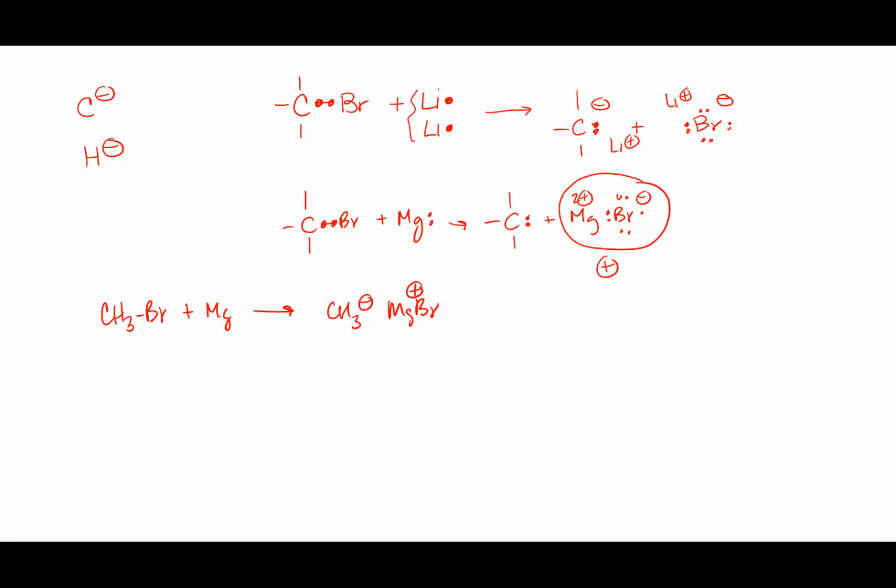So if we made something like methyl magnesium bromide, what can I do with it? I can add it to a carbonyl. Now, if you want an H-,